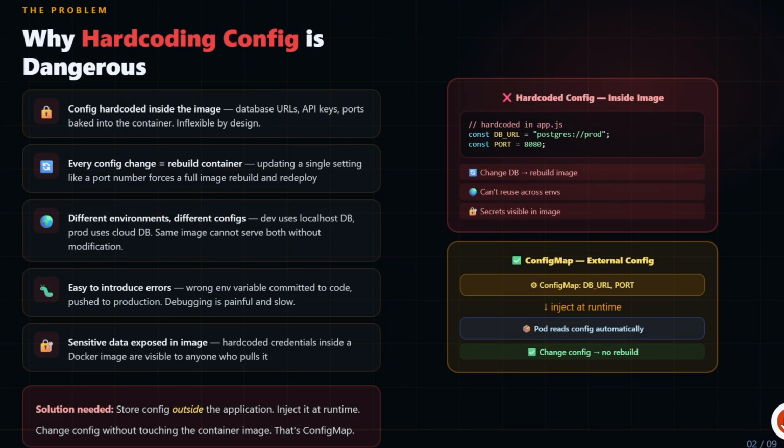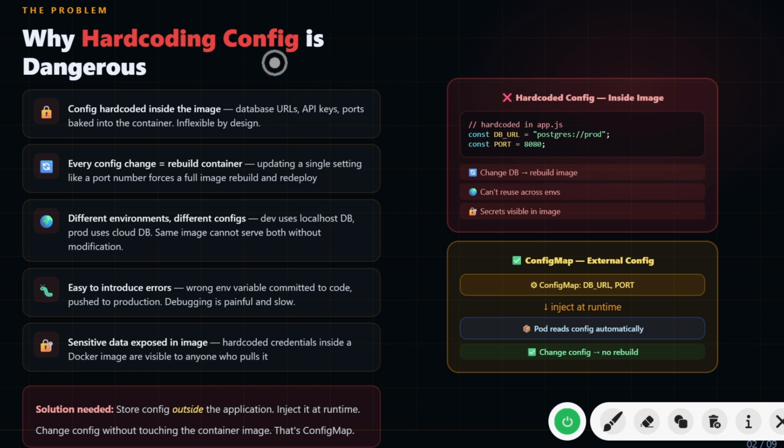Now let us understand the problem. Why the hard coding configuration is dangerous. First thing, config hard coded inside the image, let's say some database URLs, API keys, or port numbers, and it is not a proper or inflexible design. Okay, and for each and every configuration change we need to rebuild the container. So let's say if we are updating a single setting like port number, so it forces us to full image, we need to rebuild and redeploy. At runtime